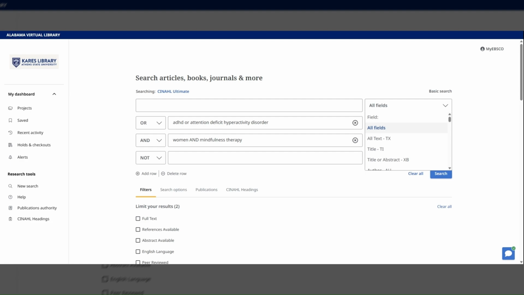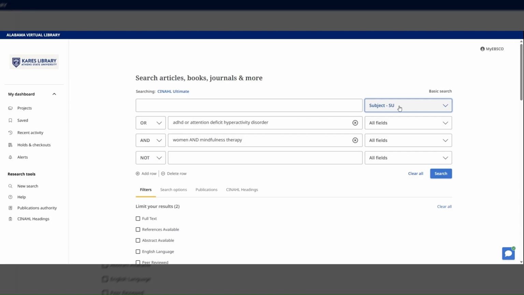As you continue your research, it's important to focus on more specific fields. Let's take a look at the title field, which is important because it tells you the main topic of an article. Searching here usually gives very relevant results. The abstract field is also useful. It's a short summary of the article, so searching it helps you find sources that closely match your topic. One of the most important is the subject terms field. These are official keywords chosen by experts, so they give you the most accurate and focused results.